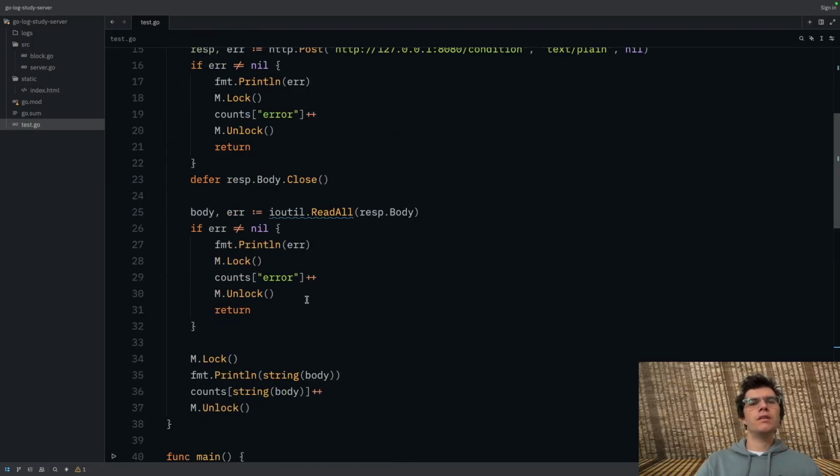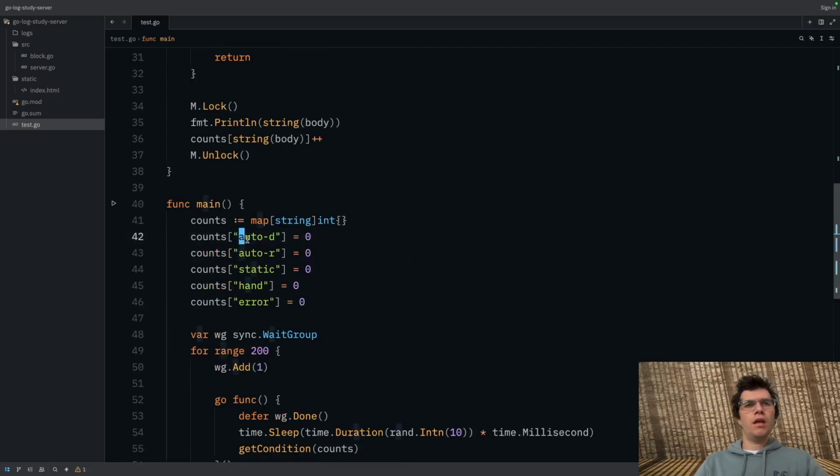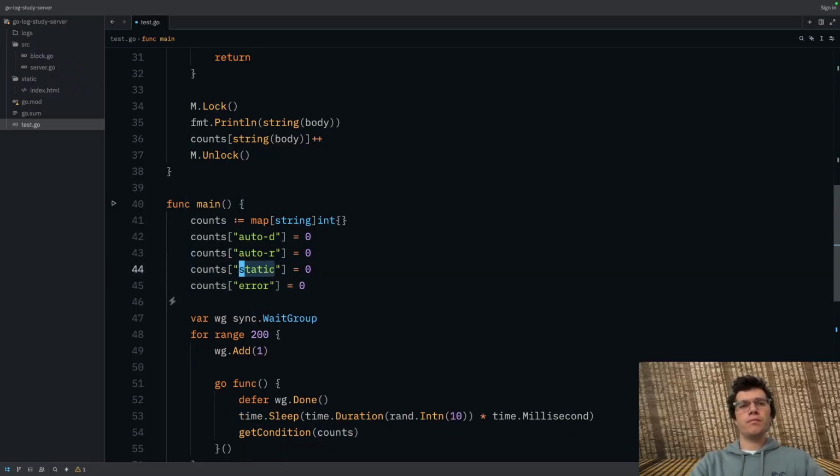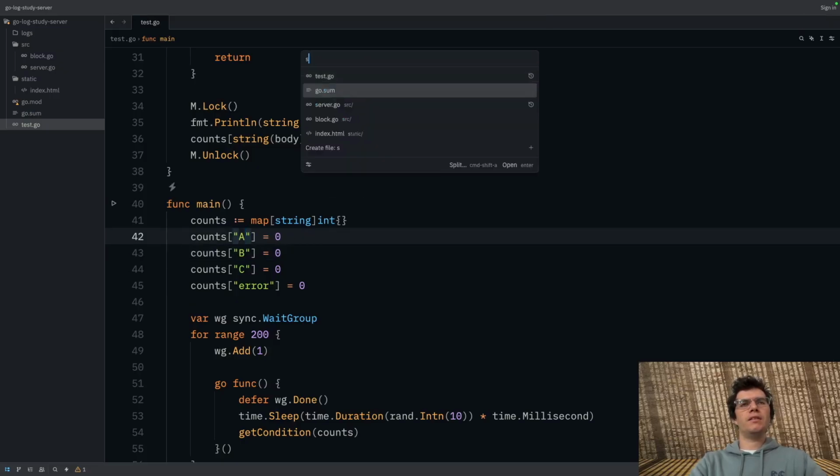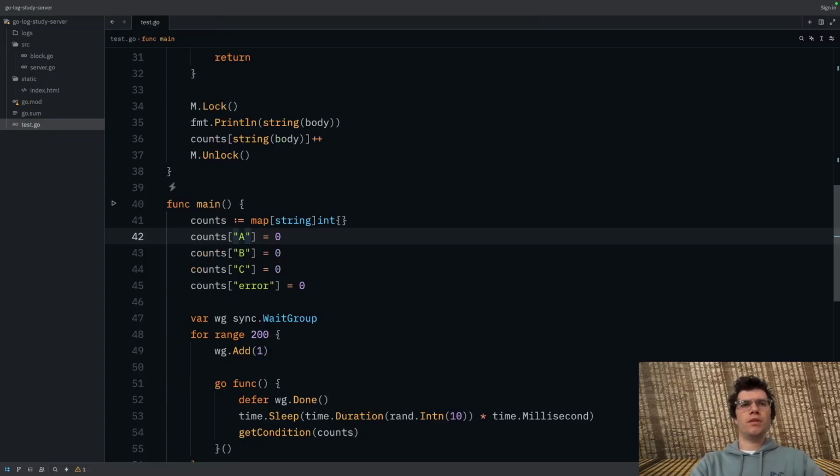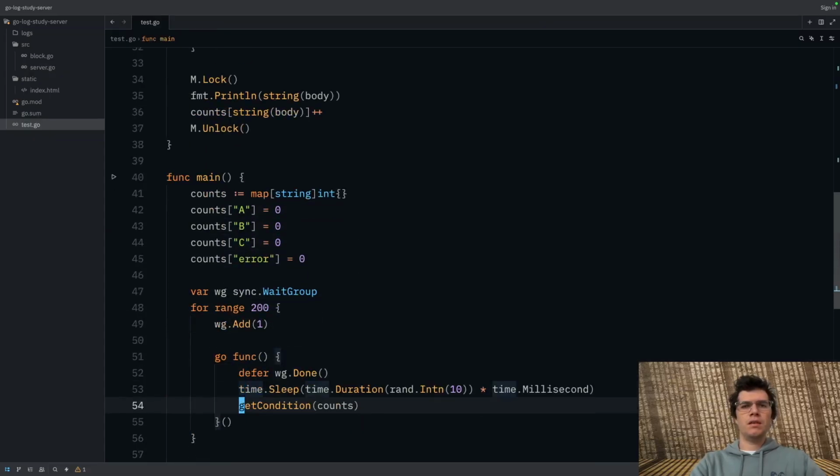So I want the counts, and I just want to get rid of this one. This will be C, this will be B, this will be A. Let's double check so I'm not terrible. There we go. That looks good to me.